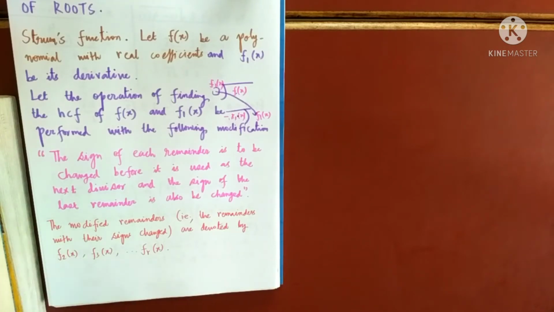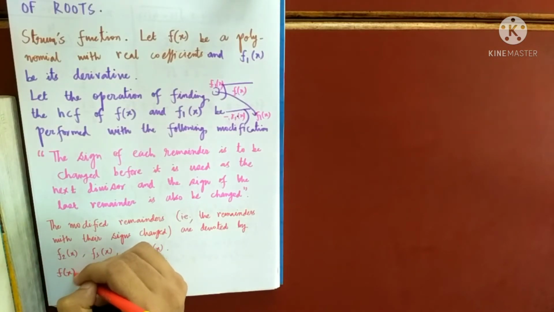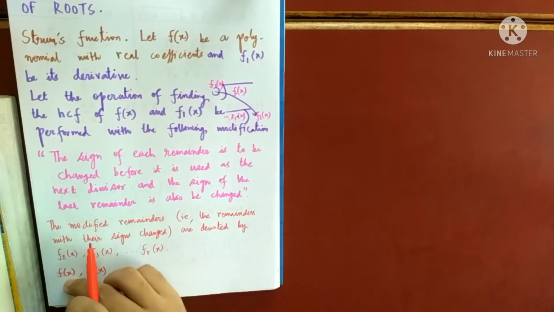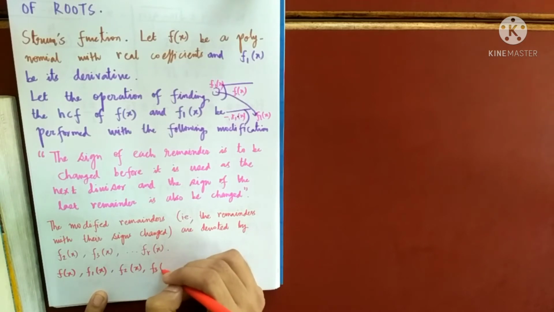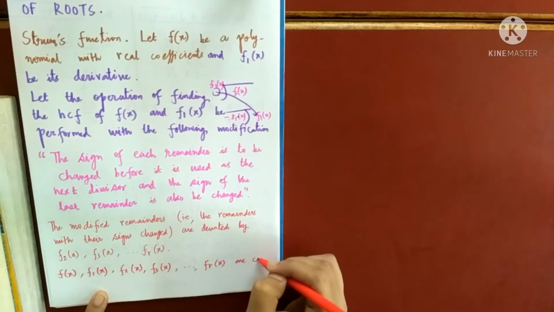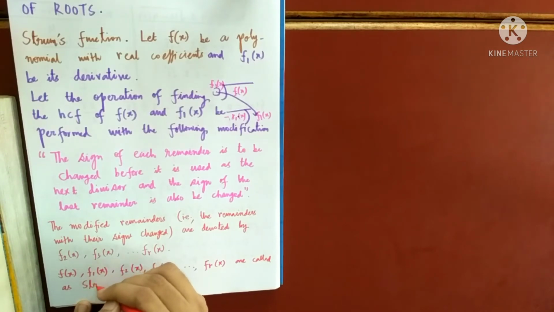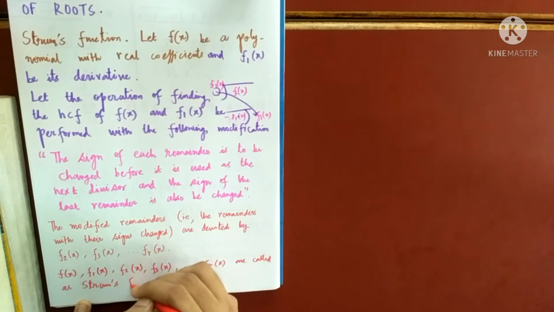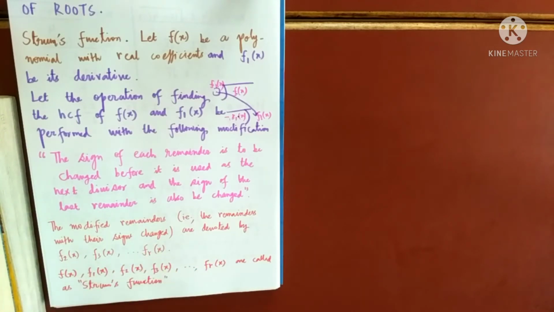So all the functions, how many functions do I have now? I have the functions f(x), f1(x), the polynomial and its derivative, and all the modified remainders. So all of these together are called Sturm functions. Okay. So the polynomial, its derivative and all the modified remainders are together called Sturm functions, and